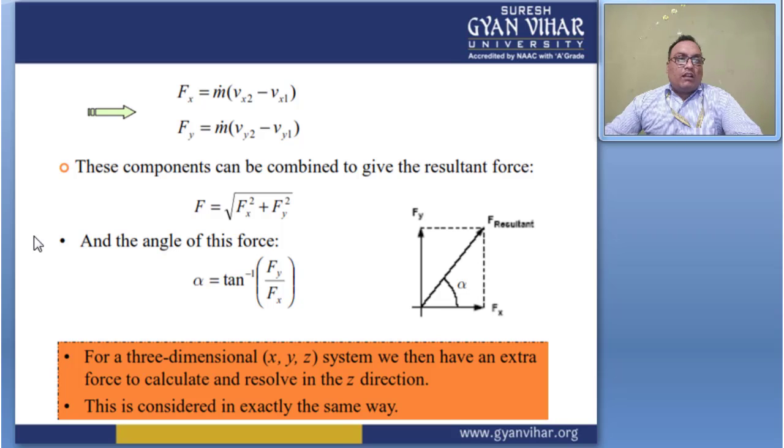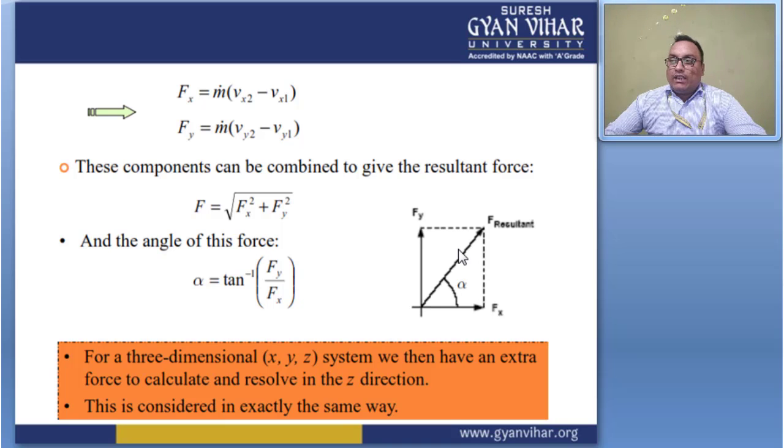So in the next slide, it gives the forces in x direction and forces in y direction. The resultant force of this Fx and force in y direction Fy gives one resultant force, which makes the x direction angle alpha, and this is the resultant force F. These components are combined